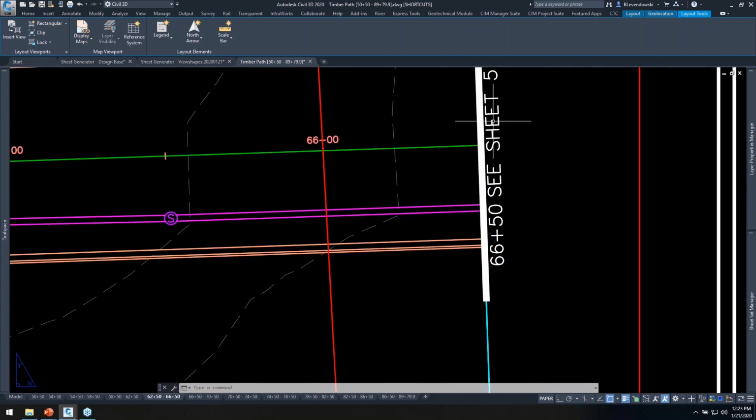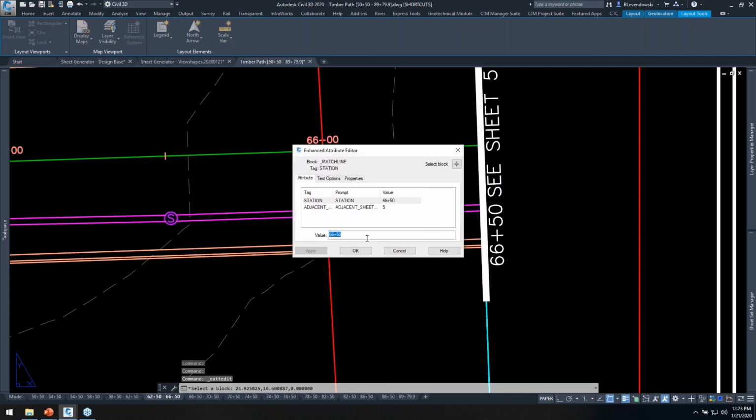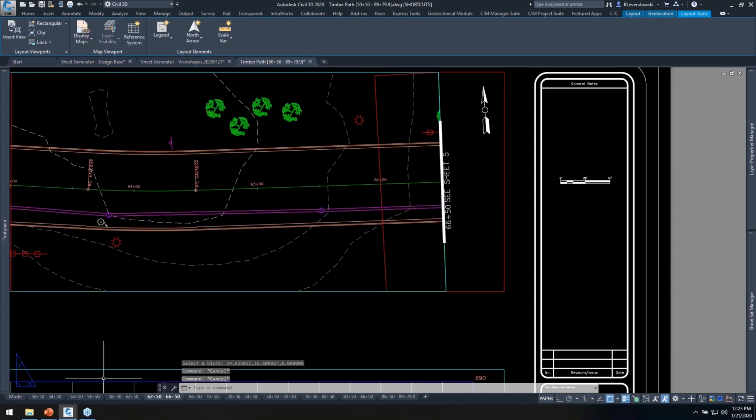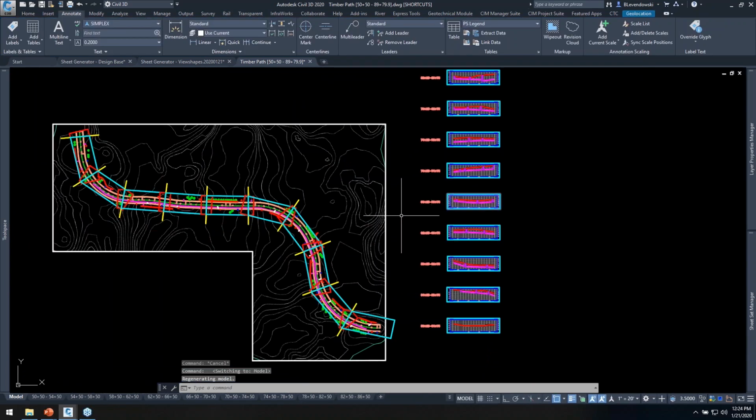Okay, these match lines, if we look at those again, if I double click on them, these are, like I said, attributed blocks, and these are fields coming from Sheet Set Manager itself. Now, if we go back to model space,